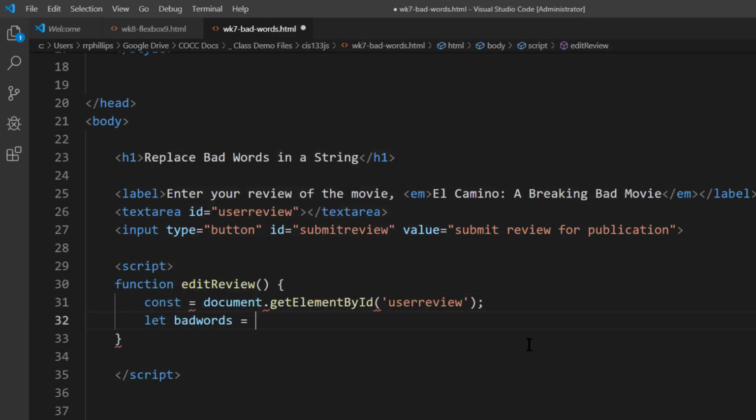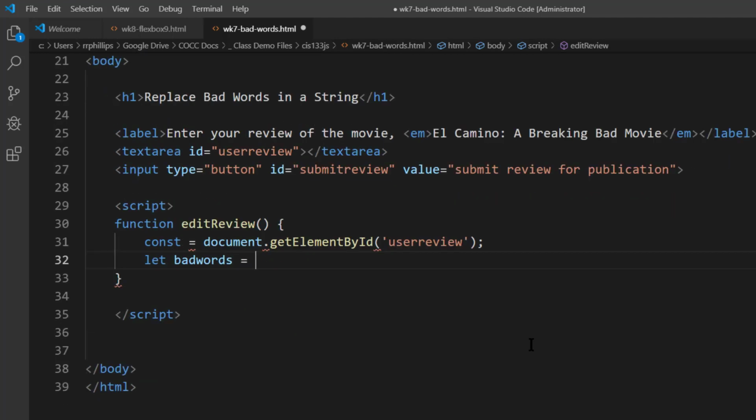Now I'm going to create a variable for my bad words. The syntax I'm going to use for this is basically a little regular expression, so I'm going to use a forward slash, and I'm going to put in the bad words. Now for the assignment, you could use George Carlin's 7 Dirty Words, or you could use the names of the 7 dwarves. So I'll put in bashful, pipe symbol, dopey, pipe, grumpy, happy, sleepy, and doc,